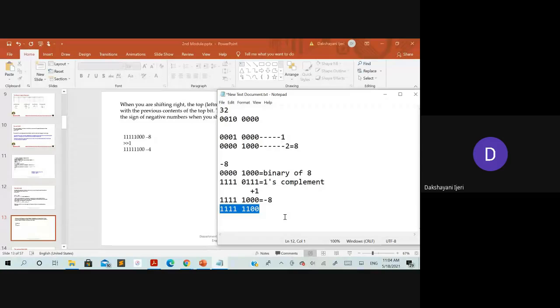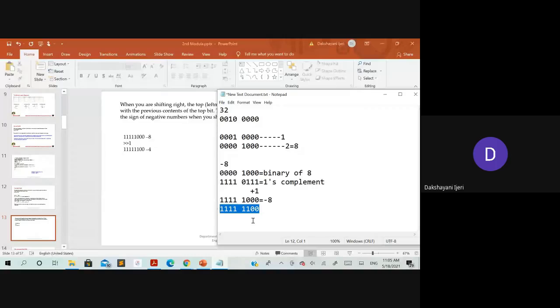Once again, do the 2's complement on this resultant, because you have applied it on a negative integer, so you cannot directly convert this to the decimal representation. If it is performed on the negative integer, to get to know the actual decimal number, once again you have to go for the 2's complement over here. So check it out, whether you will be able to get it as a 4 or not. Yes, 4, ma'am.